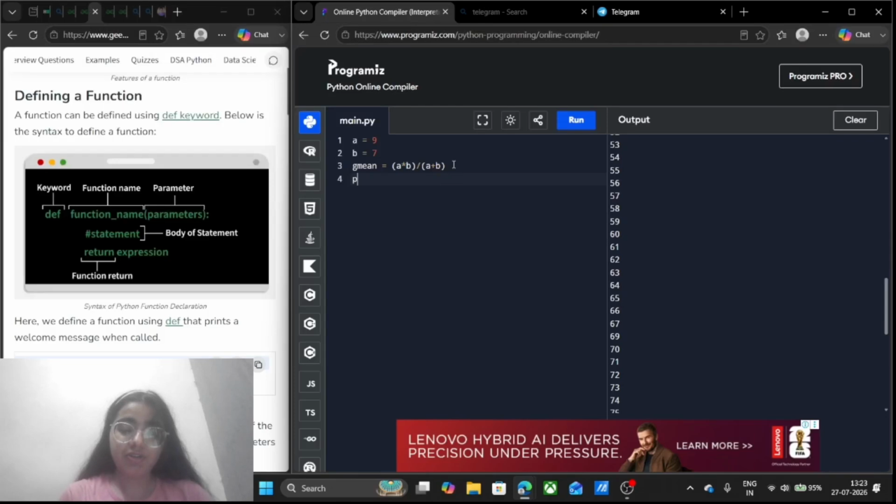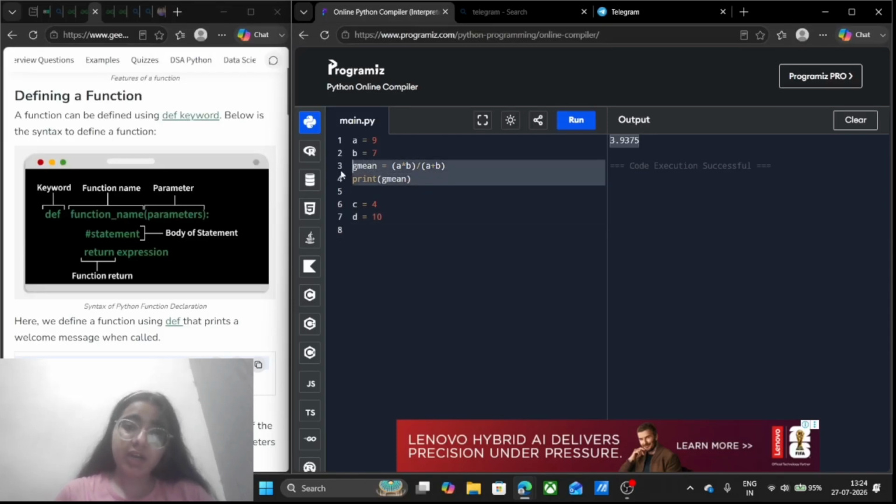Now when I print this, I will get the geometric mean of the two numbers. See here, we are getting the geometric mean as 3.9375. What if the numbers are c is equal to 4 and d is equal to 10, and I want to find the geometric mean?